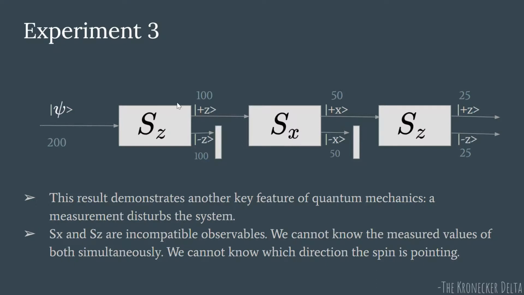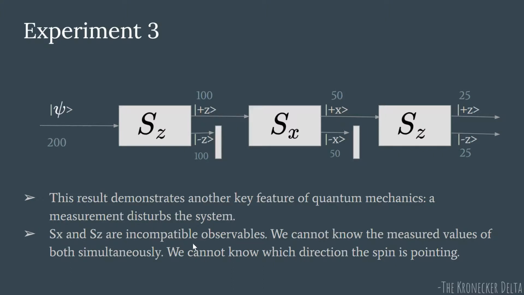But if you change the operator from Sz to Sx, you are disturbing the system. So the system forgets the memory it had that it once belonged to be pointing up along Z. It is forgotten when you perform a different measurement. Hence, when you come back to Sz, what you observe is that this plus X is equally probable to be pointing up along Z or pointing down along Z.